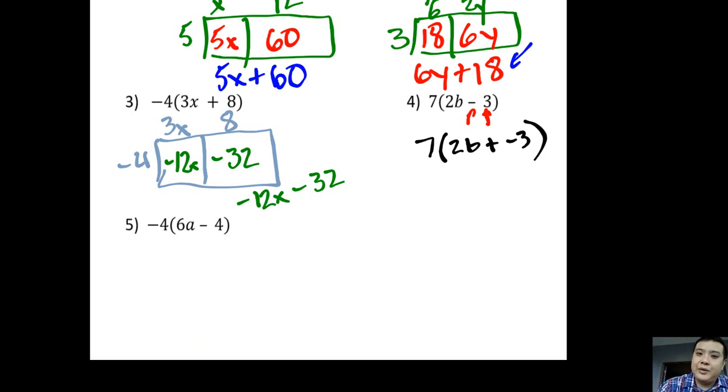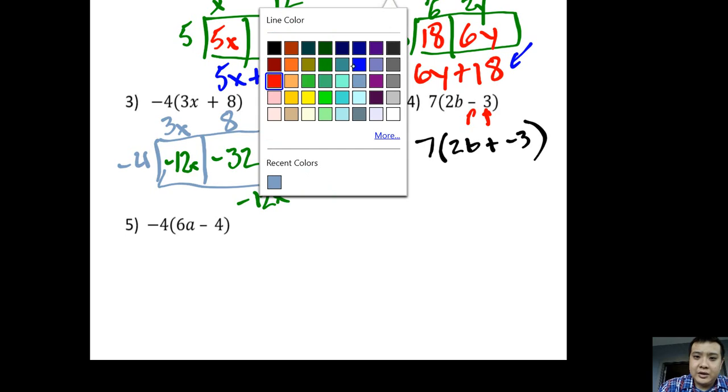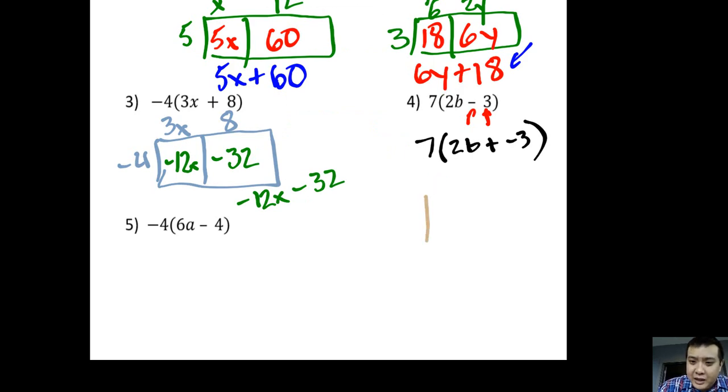So now that we've done that, we can make our box. And so we're going to use this color because I like that. No. This color. There we go. And so our box right here is again going to have a height of 7, a length of 2b plus -3. And so our area is going to be 14b because 2 times 7 is 14. And then -3 times 7 is -21, giving us our area of